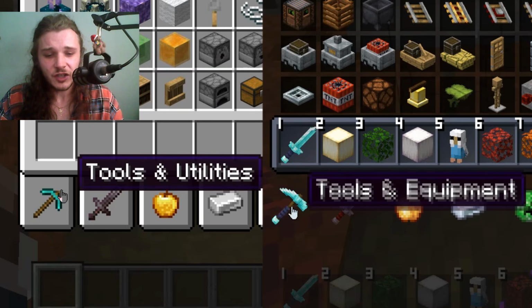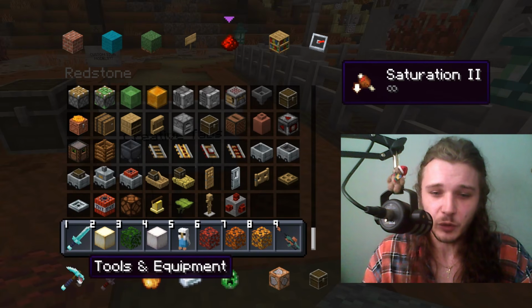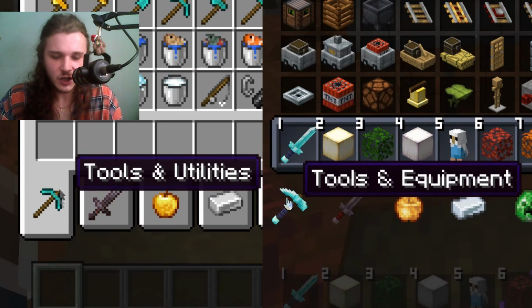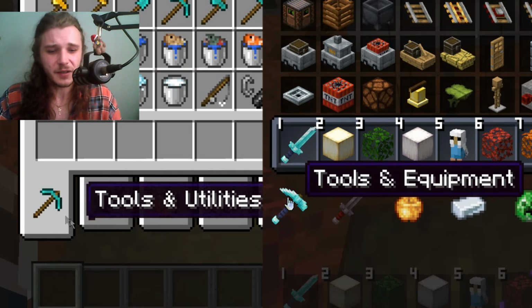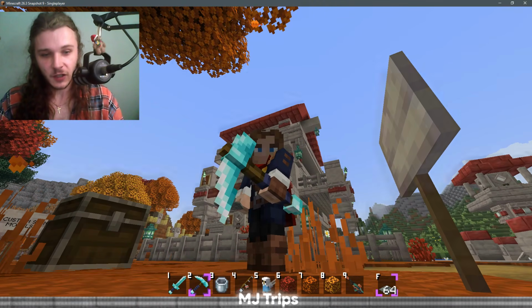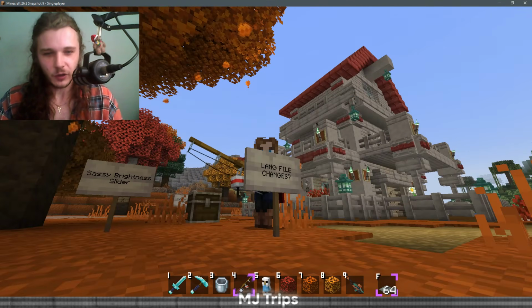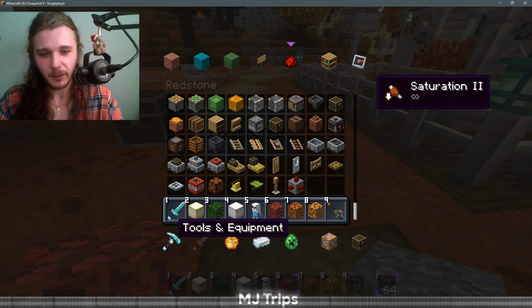Tools and utilities. Change it to tools and equipment. Basically just because I didn't want to have the same word multiple times. So this is utility blocks now. Fine. Works for me. That's more my lingo anyways. Like, I wouldn't naturally call a pickaxe a bucket or a fishing rod a utility, right? I would call it equipment. And I know that they can be considered utilities, but this is more about me, I guess, you know, my